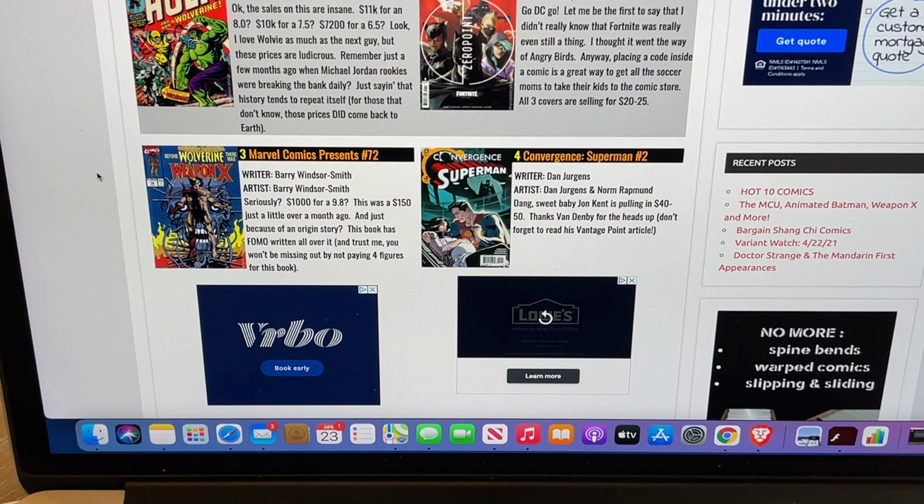But yeah, $1,000 for a 9.8 seems a little pricey. But again, that could be a tough book to find in high grade. Remember, that is an old book now. It's probably a 30-year-old book, so a lot harder to get those 9.8 grades. Number 2